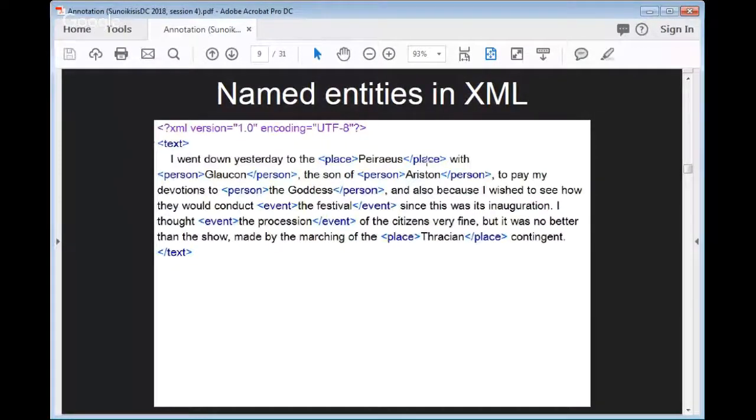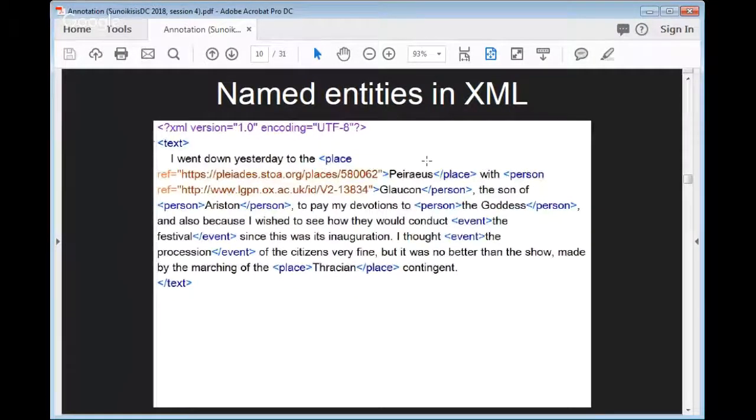We could do more annotation than this. We could go further and say this place reference Piraeus is specifically a reference to the port of Athens, and we use a gazetteer, Pleiades, which has given the Piraeus the identifier 580062 to disambiguate that from any other place that might be called Piraeus in the ancient or modern, for that matter, world.